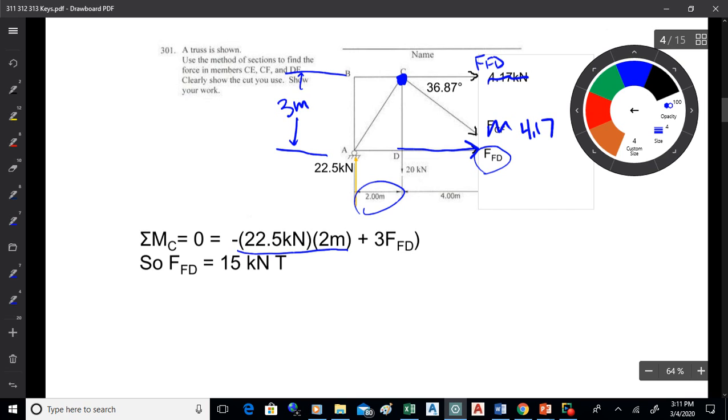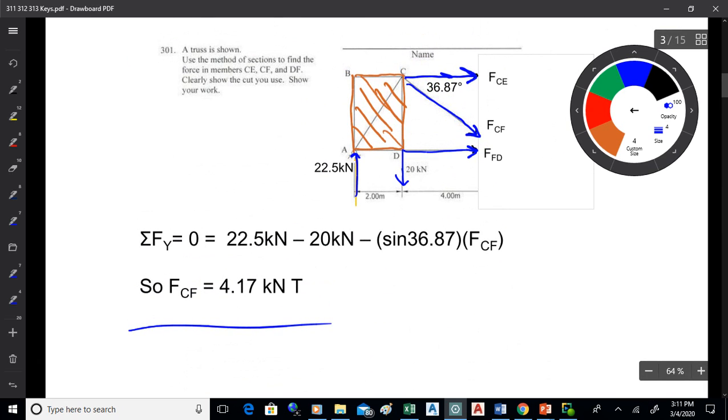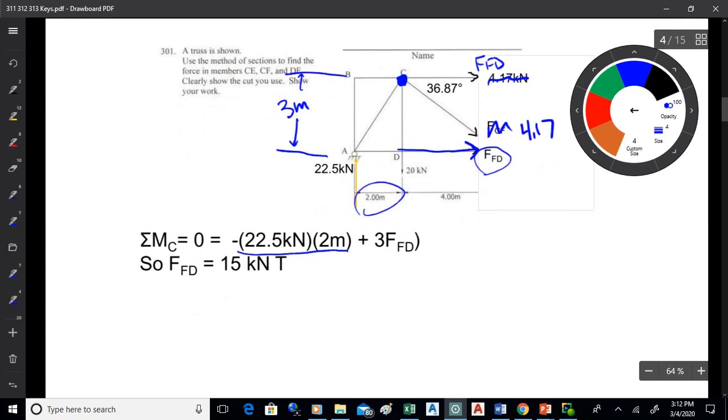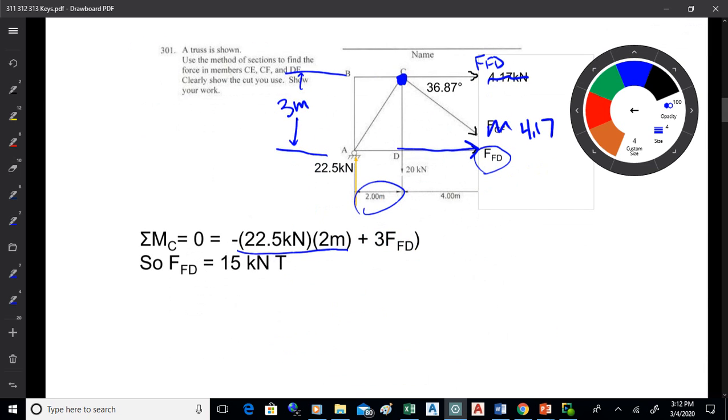There we go. Okay. So are we okay with the approach on the first one? You find the reactions and angles first. Then you make a cut through the members you want to find, and then you just figure out ways to solve them using regular 2D statics. Sum of Fy gets FCF because it's the only unknown acting in the y direction. The next one to get would be FFD, which would be, take a moment about C to accomplish that, because FFD, which is the other unknown, goes through